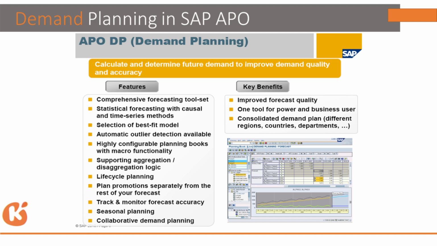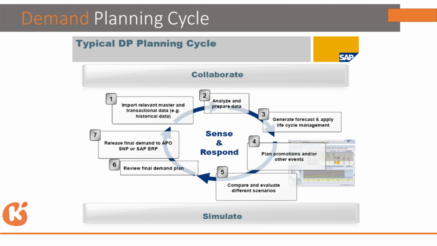We can give the change access or we can give the display access, anything how they want we can give it. So here tight authorizations are going to be controlled, so that we can give a guarantee for non-manipulation of the data. So these are the advantages in this APO demand planning. Okay. Now